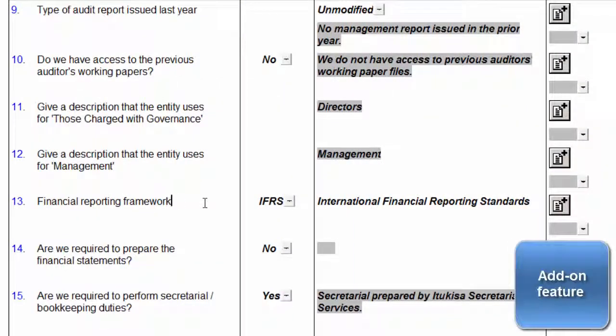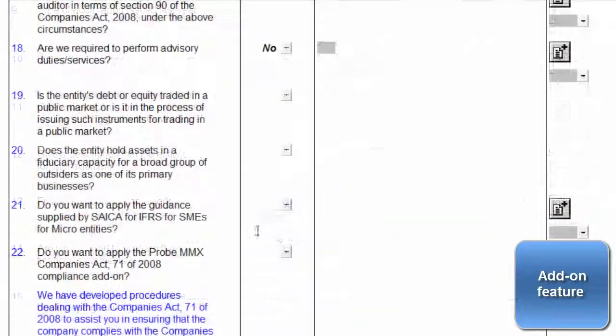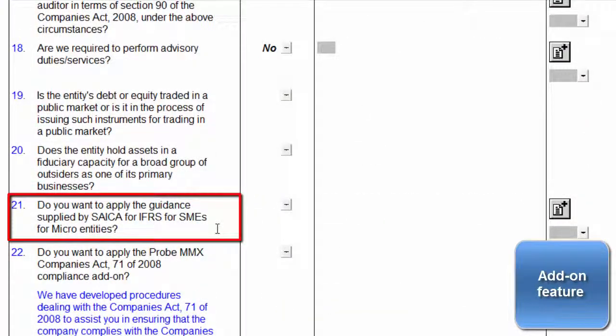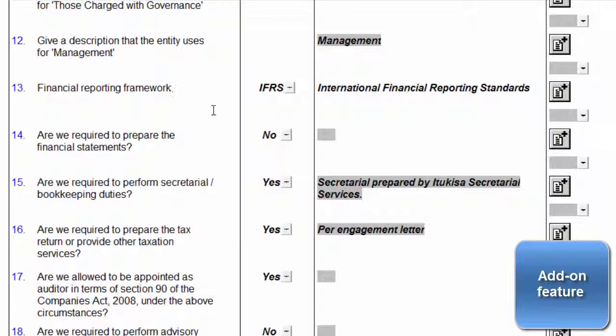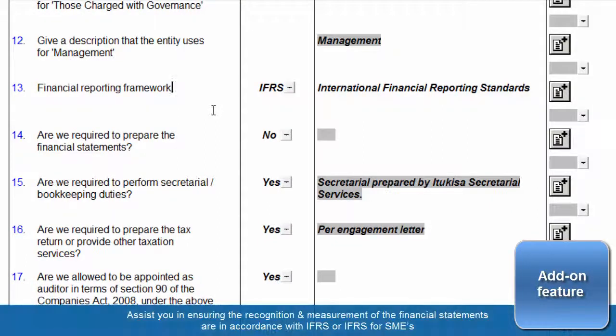This document also contains features from our add-on products that we offer. These products are the recognition and measurement add-ons for IFRS and IFRS for SMEs. The recognition and measurement components include more specific procedures in this document to assist you in ensuring compliance with the relevant financial reporting framework. The optional Probe MMX IFRS and IFRS for SMEs add-on modules were designed to assist you, the auditor,